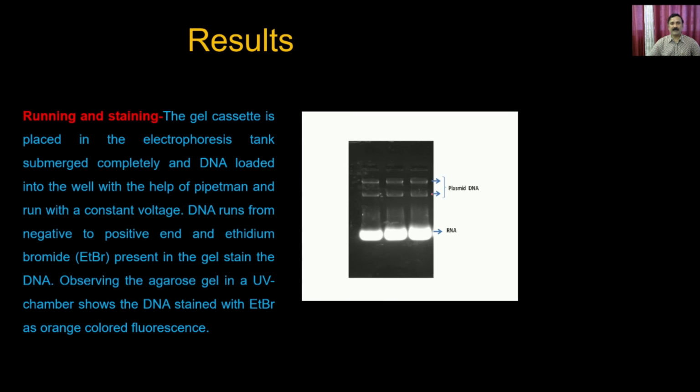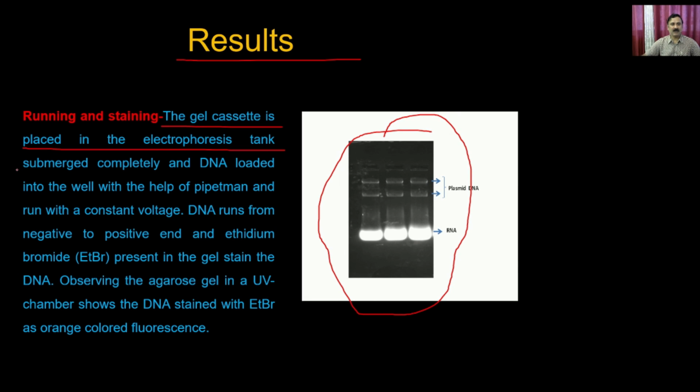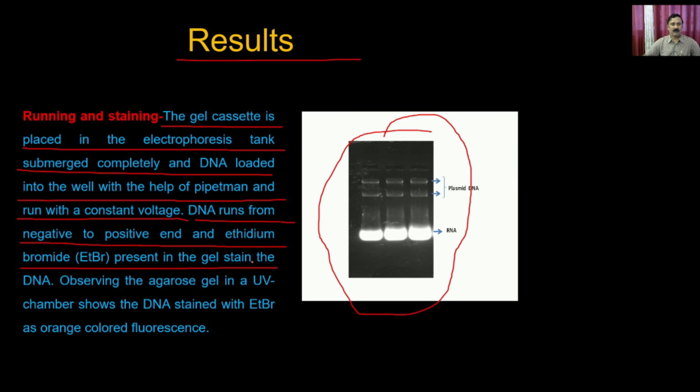So once you capture, the results are going to look like this, where you can see the different types of bands. The gel cassette is placed in the electrophoresis tank, submerged completely, and DNA is loaded into the well with the help of the pipette man and run with a constant voltage. This portion we have covered when we were discussing the demo. The DNA runs from the negative to positive end, and ETBR runs in the reverse direction. Now, observing the gel in a UV chamber shows the DNA stained with the ETBR as orange color bands. So, this is a black and white photograph, but if you see it under the UV light, it is actually going to give you the